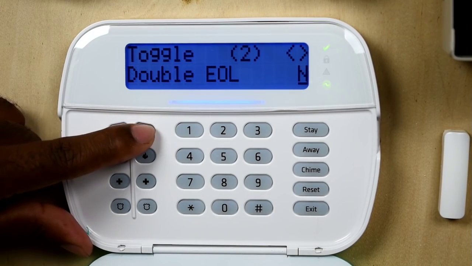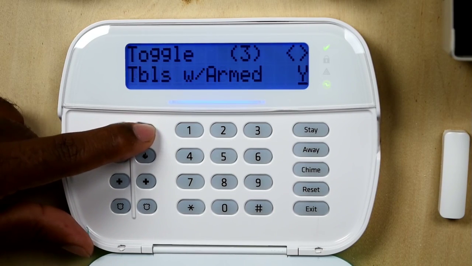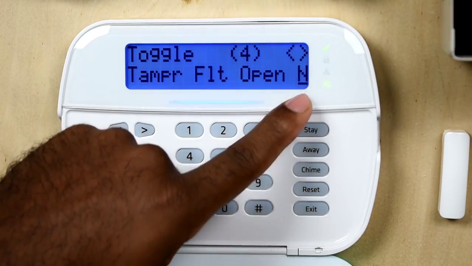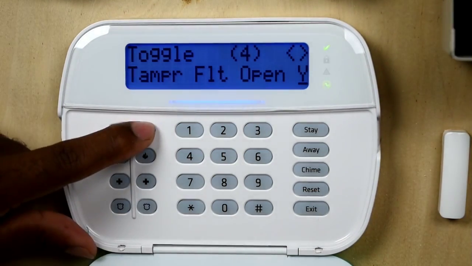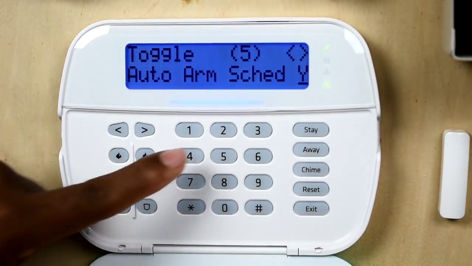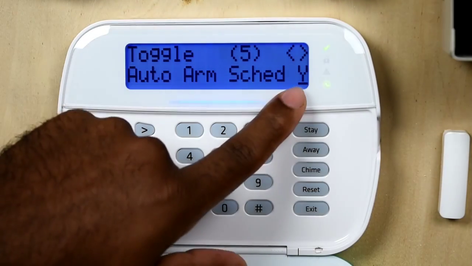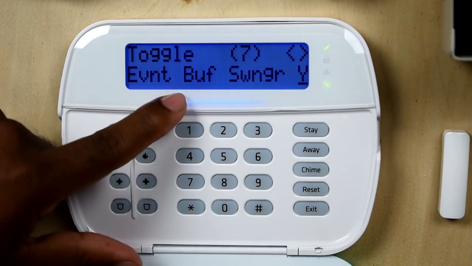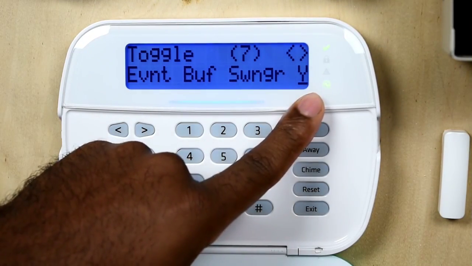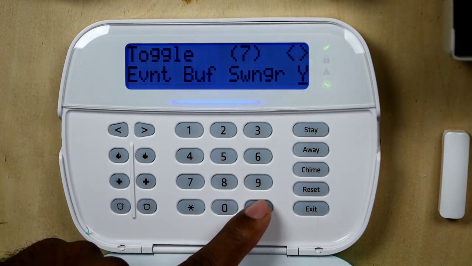So we don't do anything on option 2, and option 3 we don't do anything. When it comes to option 4, yes, I turn this on, I make that a yes. Option 5, I turn that on, I leave that as a yes. And option 7, that should be a yes as well. Press pound once,